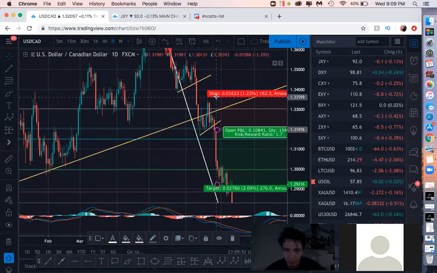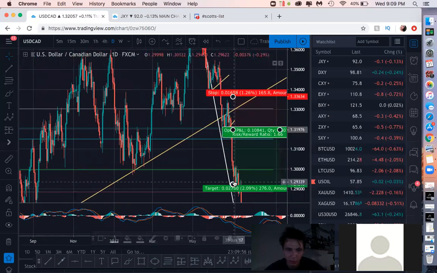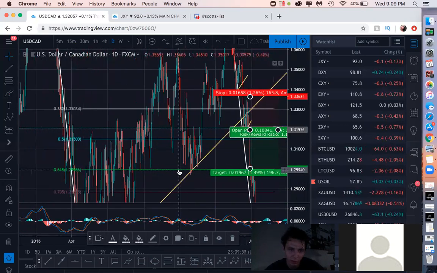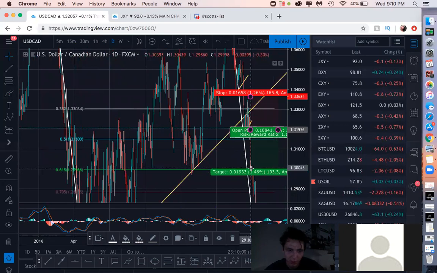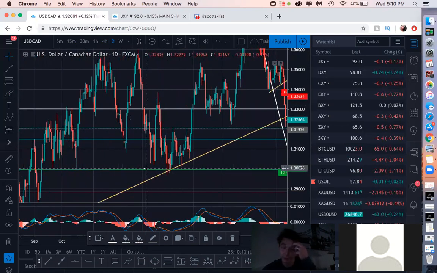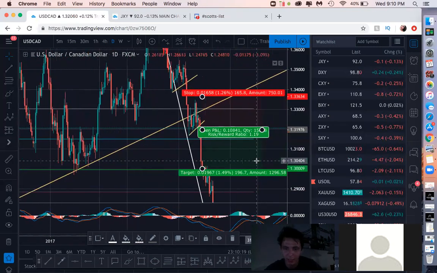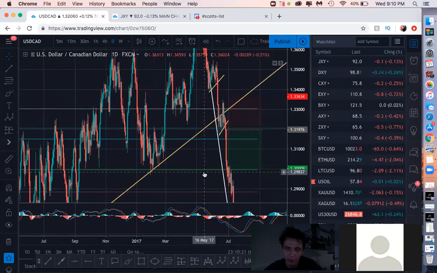So stop loss would go above that recent high, and you would want to set your take profit wherever. If you're going to the 61.8, you just set it to the 61.8. And look at these data points that you can align with. This area of liquidity here. I can go further in depth on why these areas are good, but just looking at these strong points where the market's turning, you want to be getting out at, because that's where likely the market will turn again.